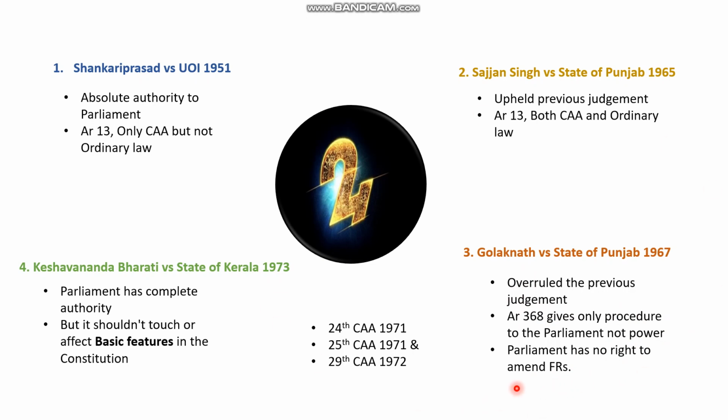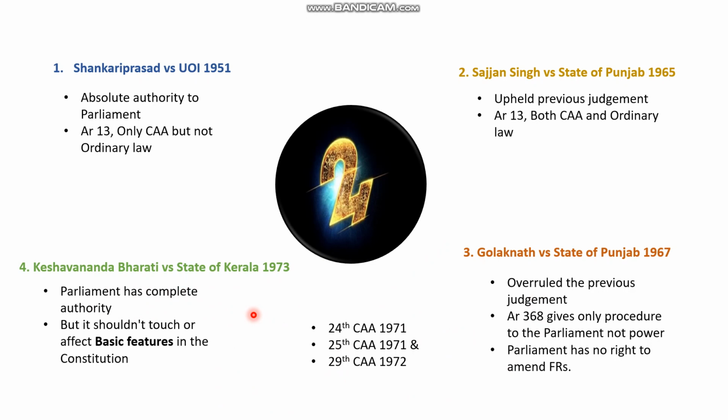To counter this major impact, the legislature came up with three Constitutional Amendment Acts: the 24th, 25th and 29th. The 24th Constitutional Amendment Act added the word power to Article 368. It made the Parliament have both power and procedure to amend the Constitution. The 25th Amendment said any legislation made to give effect to Article 39 in the DPSP is not violating Articles 14, 19 and 31. The 29th Amendment added some Kerala Land Reforms Acts to the Ninth Schedule. These three Constitutional Amendment Acts were challenged in the Kesavananda Bharati versus State of Kerala case